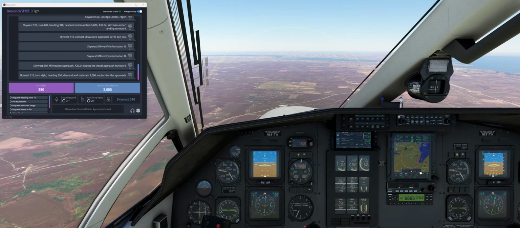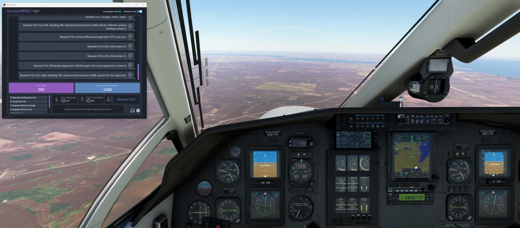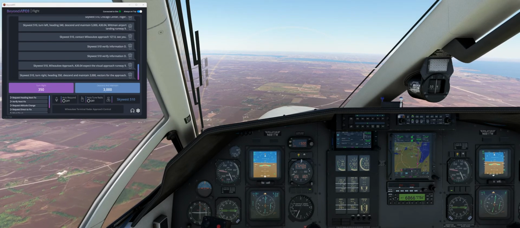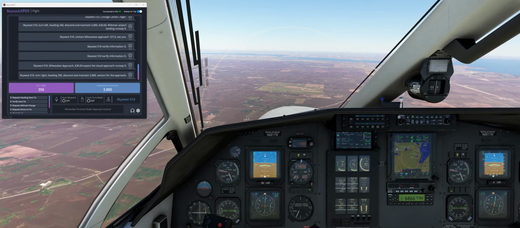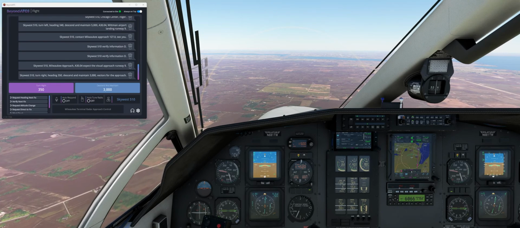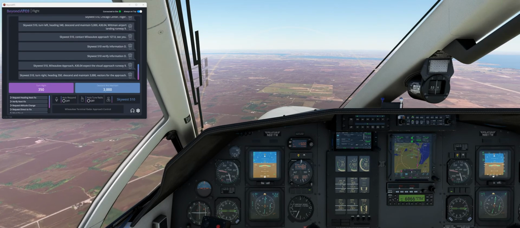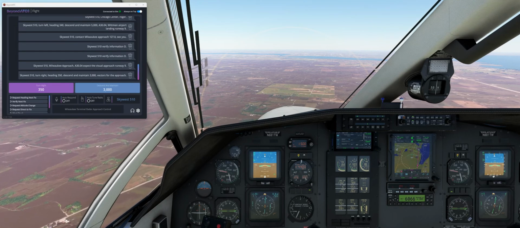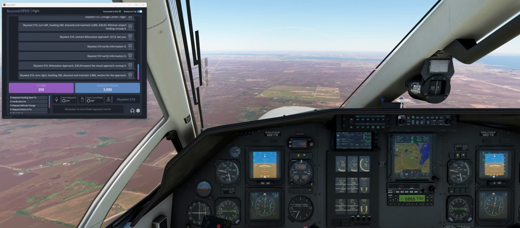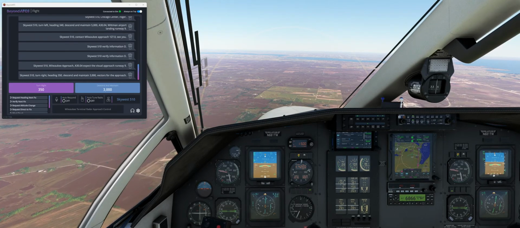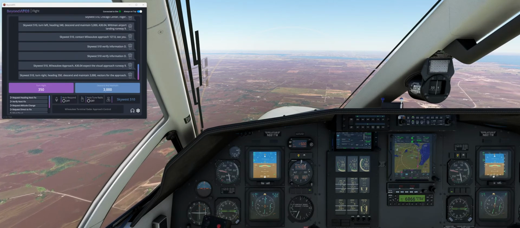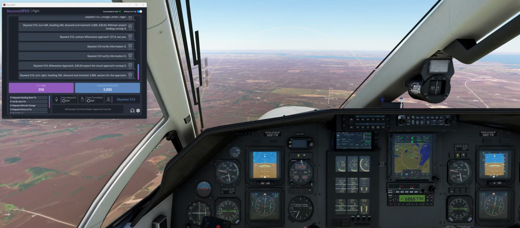Good. Okay. So far so good on this approach. So far so good. Runway 9. Okay, so on exit, runway 9, probably exiting left. Yeah. Probably Bravo 3. Once we get